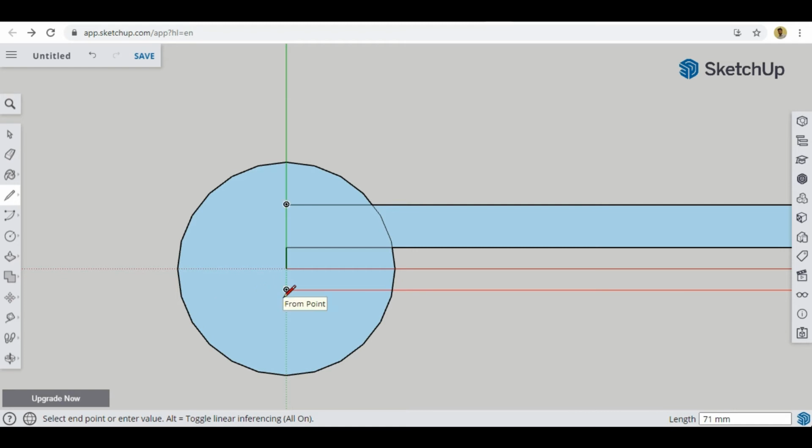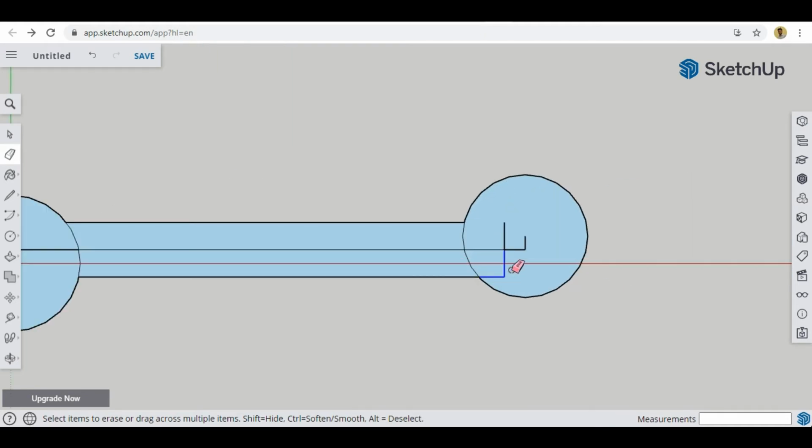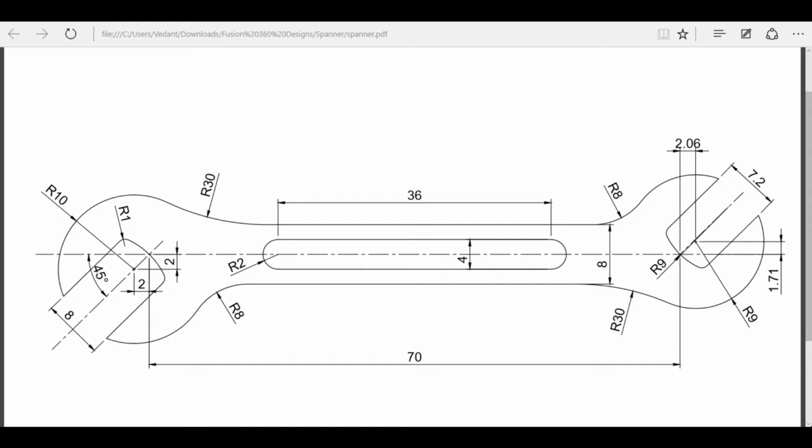You can go up till any distance. Okay, it should be just inside this circle. Okay, so I'm going up till here. That's it. Now I'll require eraser to erase these extra lines, this one also, again this one and this one, so you can see, and this one also. Now we have two lines. Okay, and yeah, we don't have this curve. Okay, and this curve, this curve, this curve, so we will make these curves after some time.